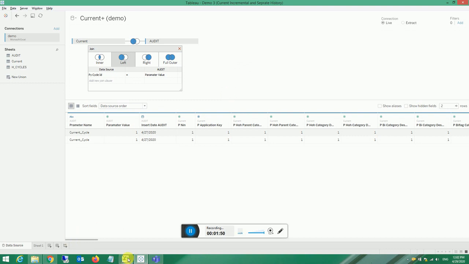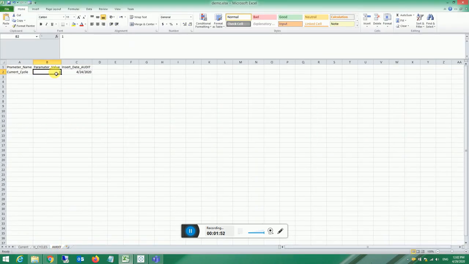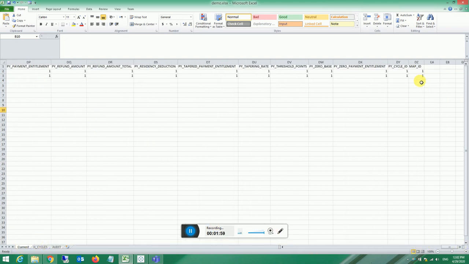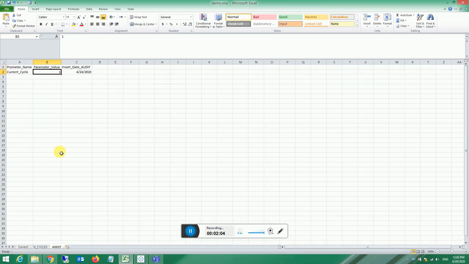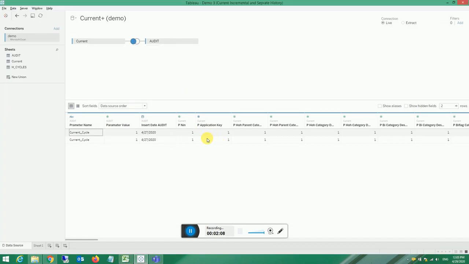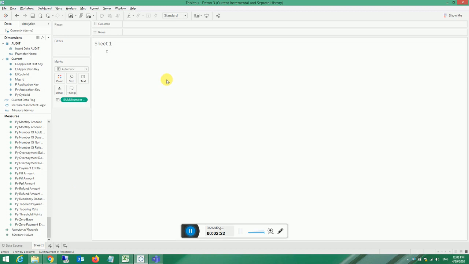And the parameter value, if you see here, is nothing but a cycle, the current cycle ID. If you see here, this table also has a cycle ID, which is also one. So one joined with one brings everything. So this is what is happening in the Tableau file, Tableau data. We have everything joined. Even if I do the inner join, it will match. But why I do the left join, I'll let you know shortly. After this, we'll see we have two records only.